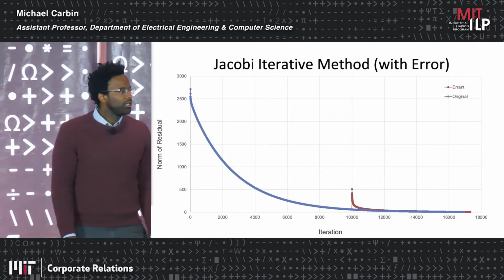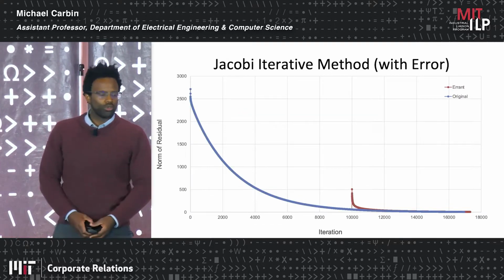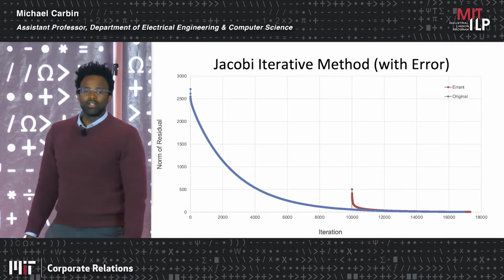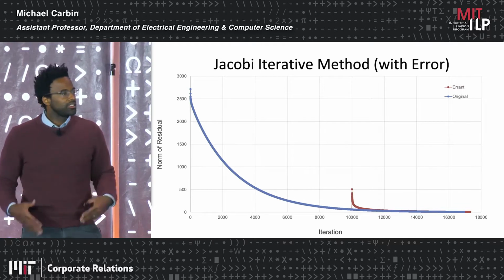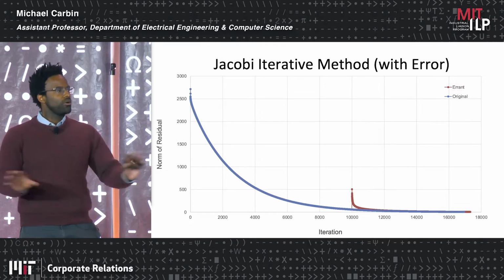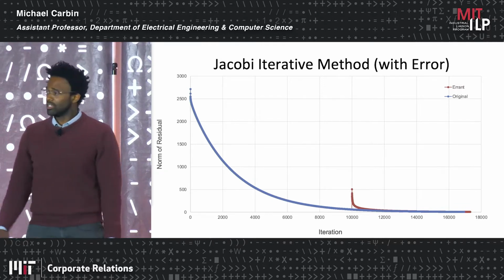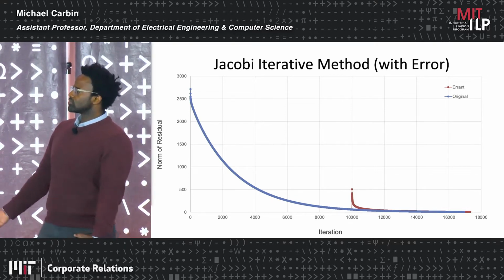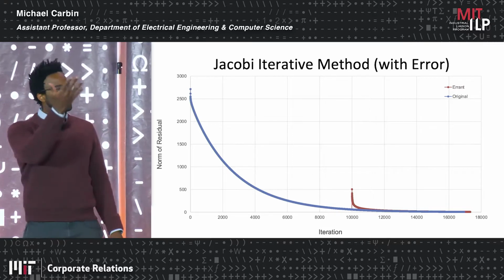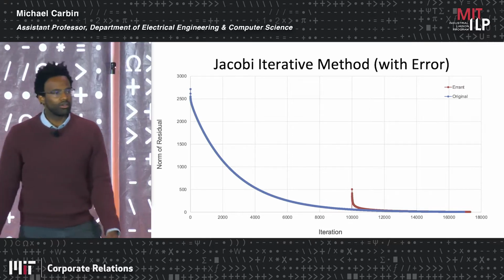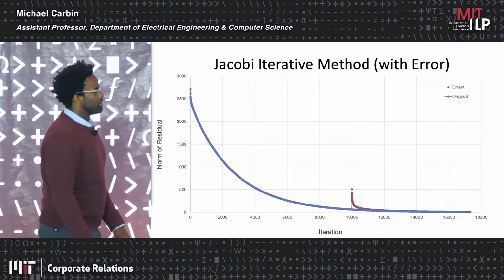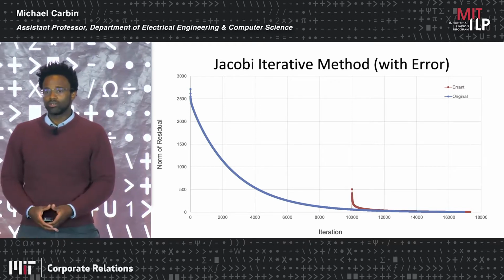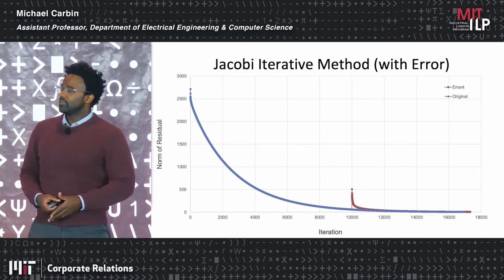What I've got here is an illustration of the behavior of Jacobi as we execute it in two configurations. The blue line here is what happens when Jacobi is executed on reliable hardware, no errors. Just assume no errors have happened. It behaves as we might expect from these large iterative solvers, where we start with high error, and over time we slowly converge to low error, or the right answer. The other configuration is the one in red.